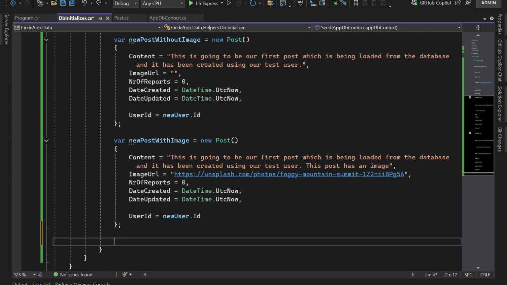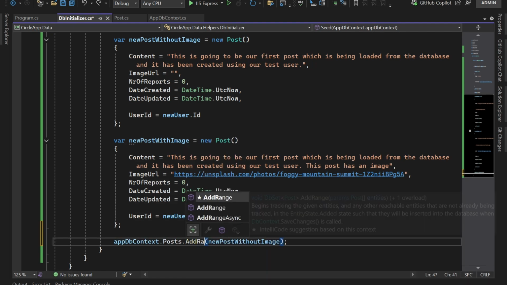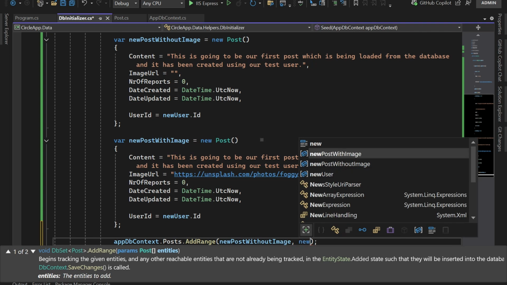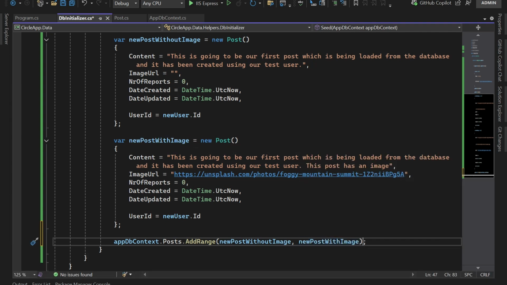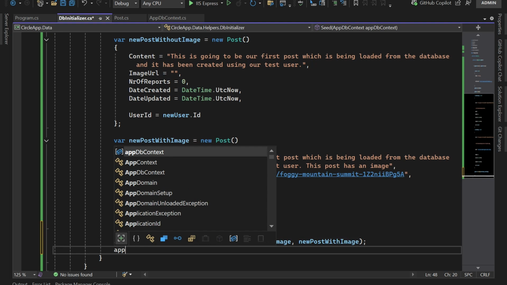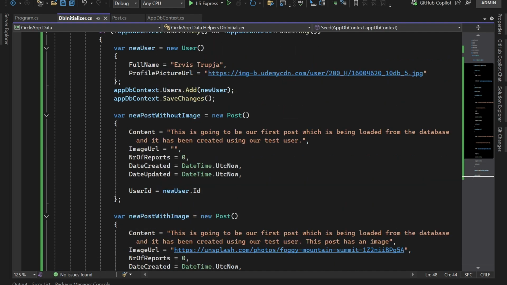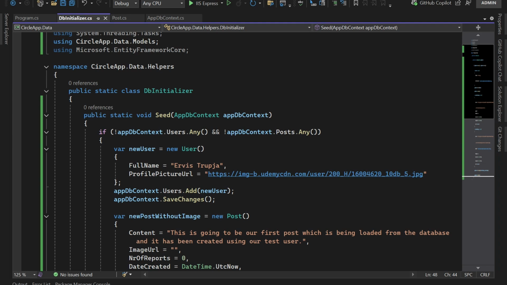Now let us first add this post to the application DB context, so AppDbInitializer.post, and you can either add them one by one, or you can use the method addRange, and then in here add the new post without an image and the new post with an image, and then below just AppDbInitializer.saveChanges. Now this method in here is not asynchronous, but if you want to change this method to an asynchronous method,